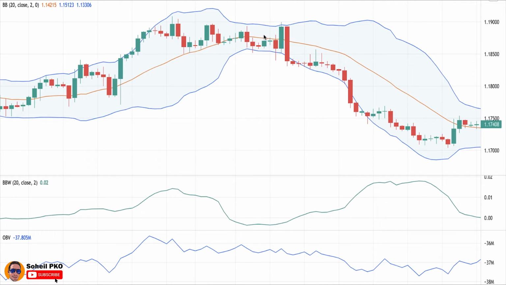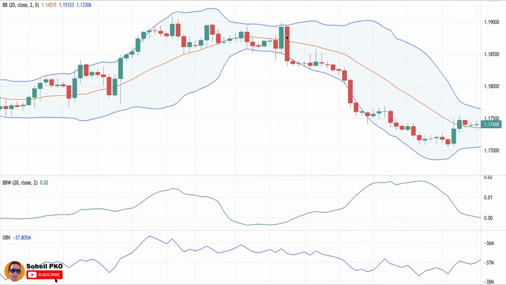When we have periods of low volatility in the market, then after that we will have periods of significant high volatility. And indeed, this is true. This is the natural characteristic of all financial markets. So narrowing or squeezing of the Bollinger Bands, which is an indication of volatility contraction in the market, can foreshadow a significant advance or decline. The squeeze alone doesn't give us any clue which direction the price is going to break out,